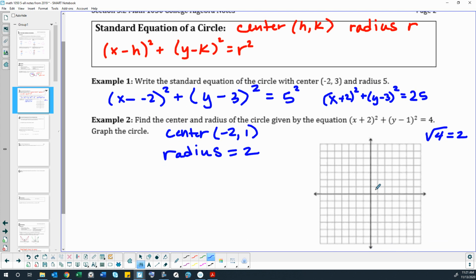So to graph this, I'd go -2, up 1, radius 2. I just kind of, to make my circle look better, do some points 2 in all directions, and then sketch that in the best you can. I don't expect